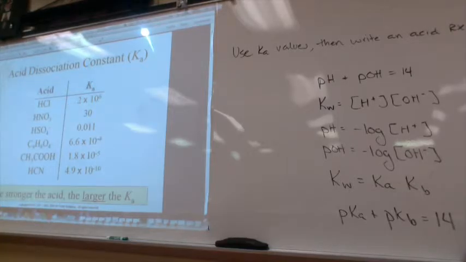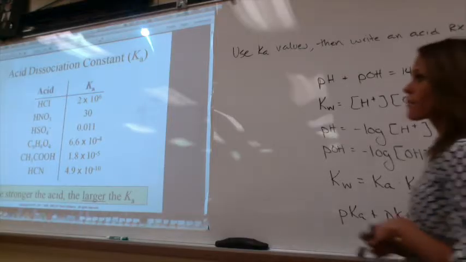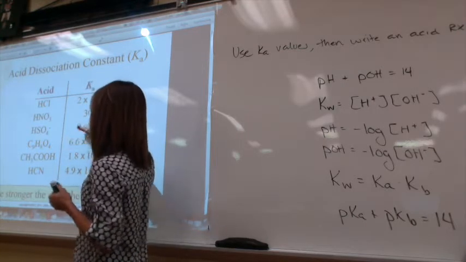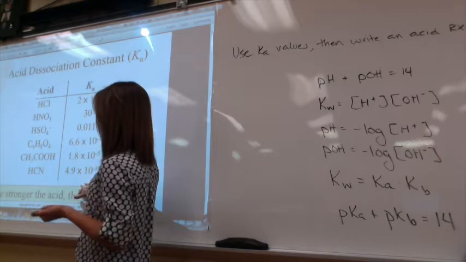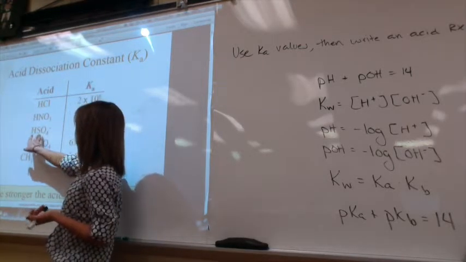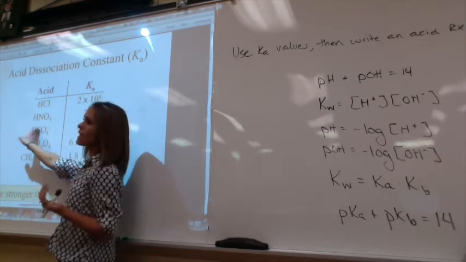All right, so here are some acid dissociation constants. Obviously, HCl is a really strong acid. It has a really large Ka value. Nitric acid has a large Ka value, but not nearly as large as HCl. Then we get to some of these which are smaller, so these are our weak acids. Again, I'll touch on this eventually, but this can behave both as an acid or a base